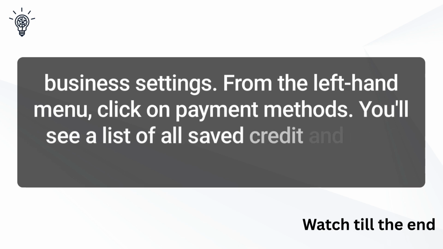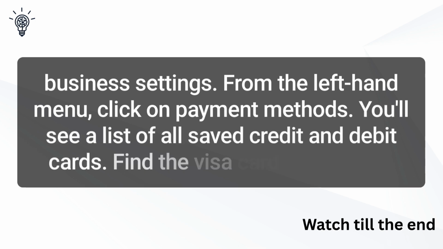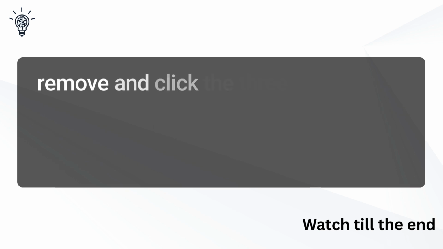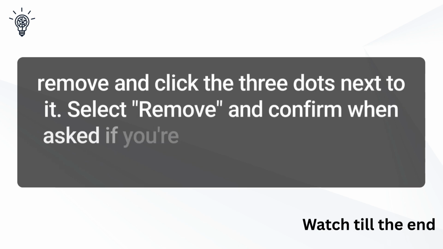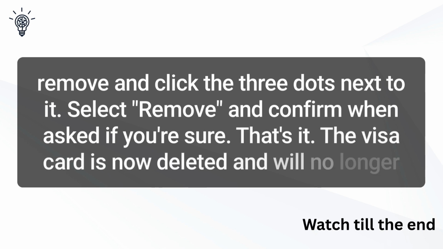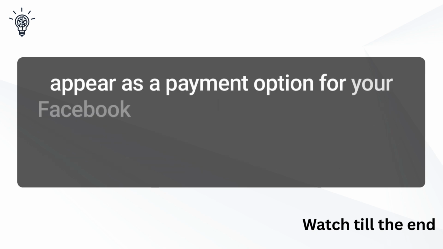You'll see a list of all saved credit and debit cards. Find the Visa card you want to remove and click the three dots next to it. Select Remove and confirm when asked if you're sure. That's it. The Visa card is now deleted and will no longer appear as a payment option for your Facebook